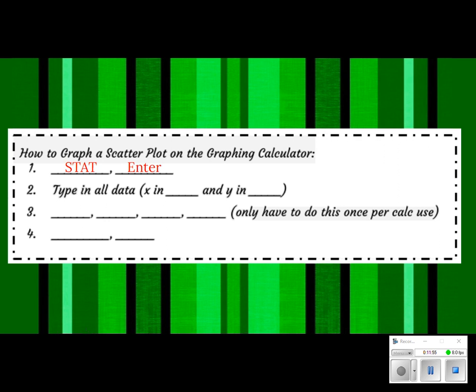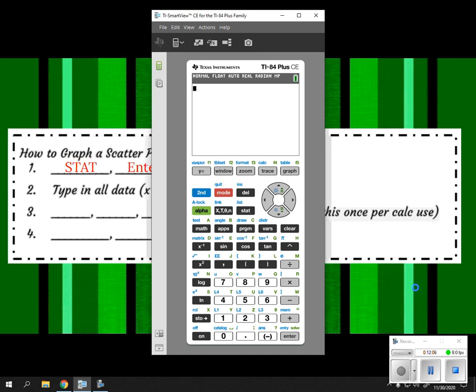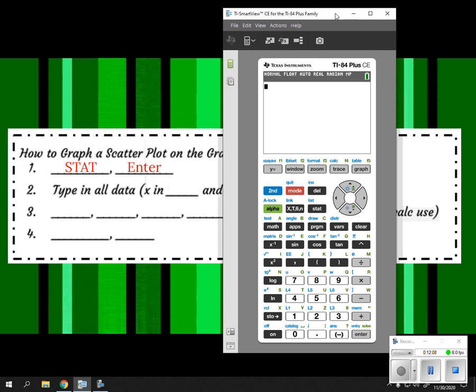Let me pull up my calculator. All right, so stat is right here. I'm going to touch it. It's going to become red. So stat is right there, right next to your X button under the delete key, just to the left of your directional pad. Okay, so stat stands for statistics,